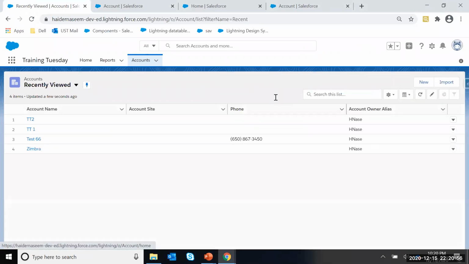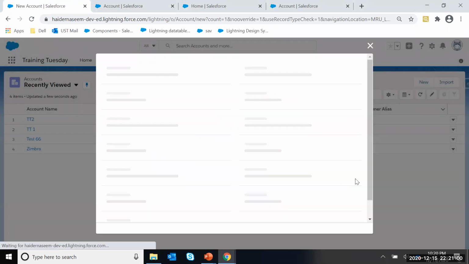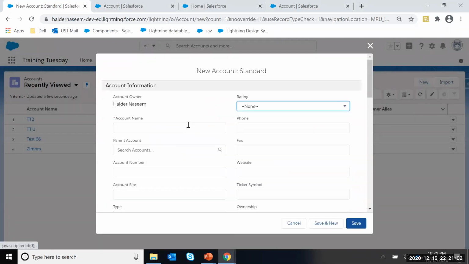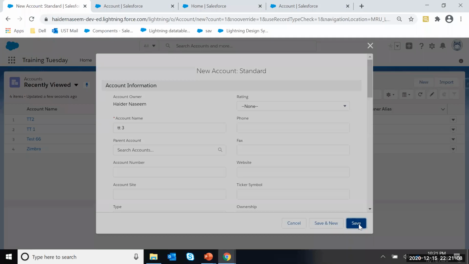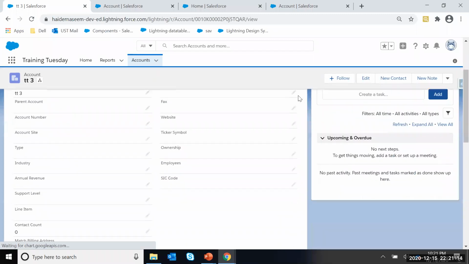And if I go back, you can go and create a new account. Next, I'm going to name it as 3 and save. Now, if I go ahead and show you the details.